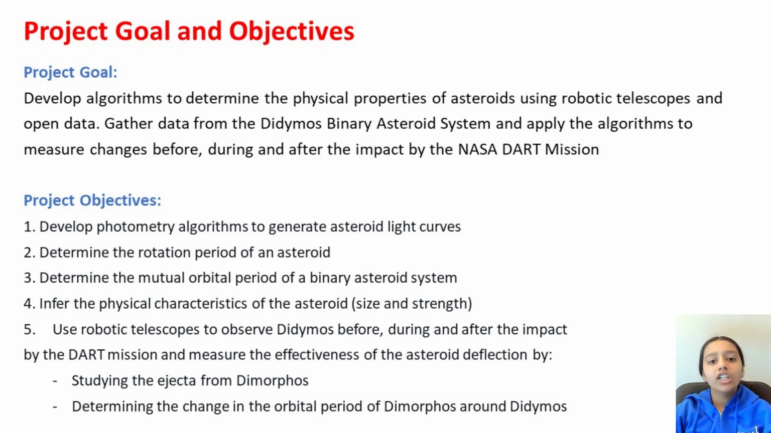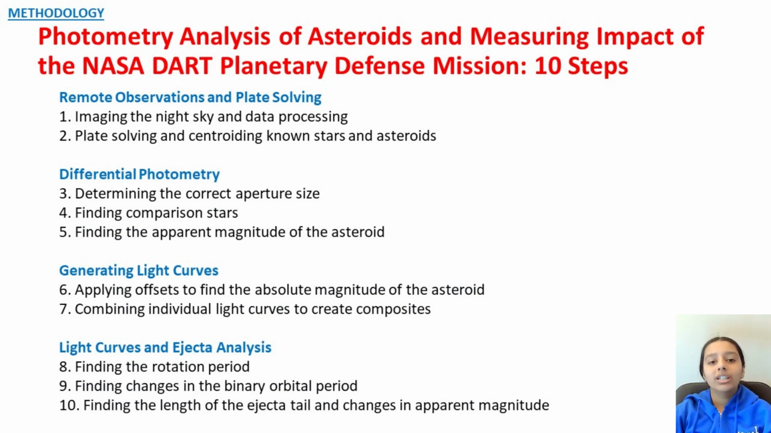For example, find the rotational period of Didymos, finding the size and the strength and the absolute magnitude of the asteroid, and then finding, in case of the Didymos system, how the orbital period changed post-impact, as well as doing a bit of analysis on the ejecta. In whole, my project followed a 10-step methodology, including first observing the asteroid, and then performing differential photometry to get the magnitude of the asteroid. I then created light curves of the asteroid, and then my favorite part was analyzing it to find physical properties